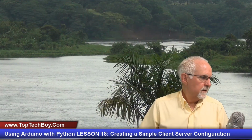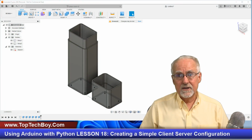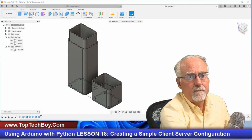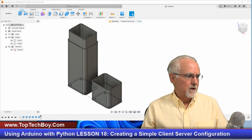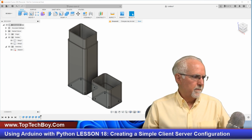But now what I want to do is let's just take a quick glance over here. Let me get out of your way. And let's take a quick glance over here. This was kind of like the little concept that I showed you that I wanted you to try to design as your eyeglass case. And so that is sort of what we're going to be working towards today. But what I need us to do is I need us to kind of go in and see if we can sketch this thing out before we jump in